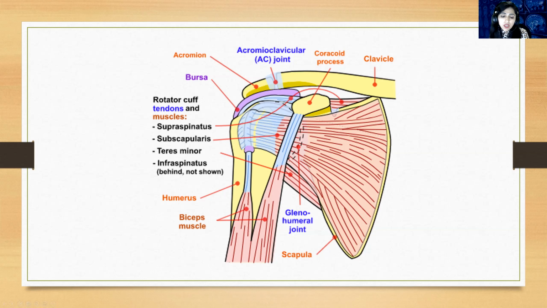But when this bursa is inflamed, there is pain not only in this location but in all the rotator cuff tendons and all the rotator cuff muscles. So pain goes along here, along the subscapularis tendon, pain goes along supraspinatus, and pain goes along infraspinatus and teres minor tendon. So bursa pain is usually very severe, but with the help of injection, we see very good results in a subacromial bursitis injection.